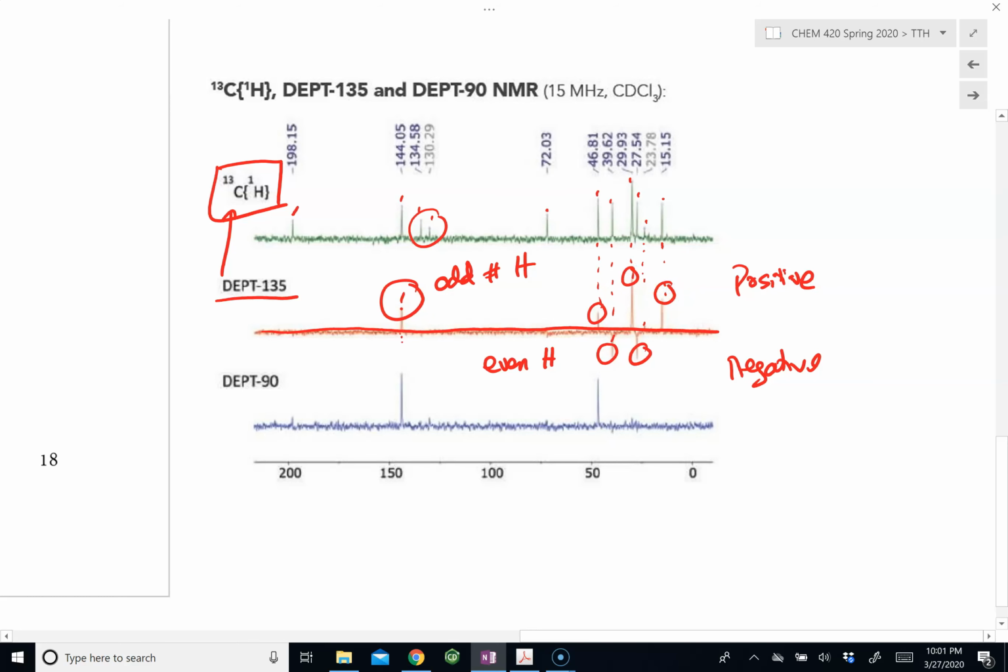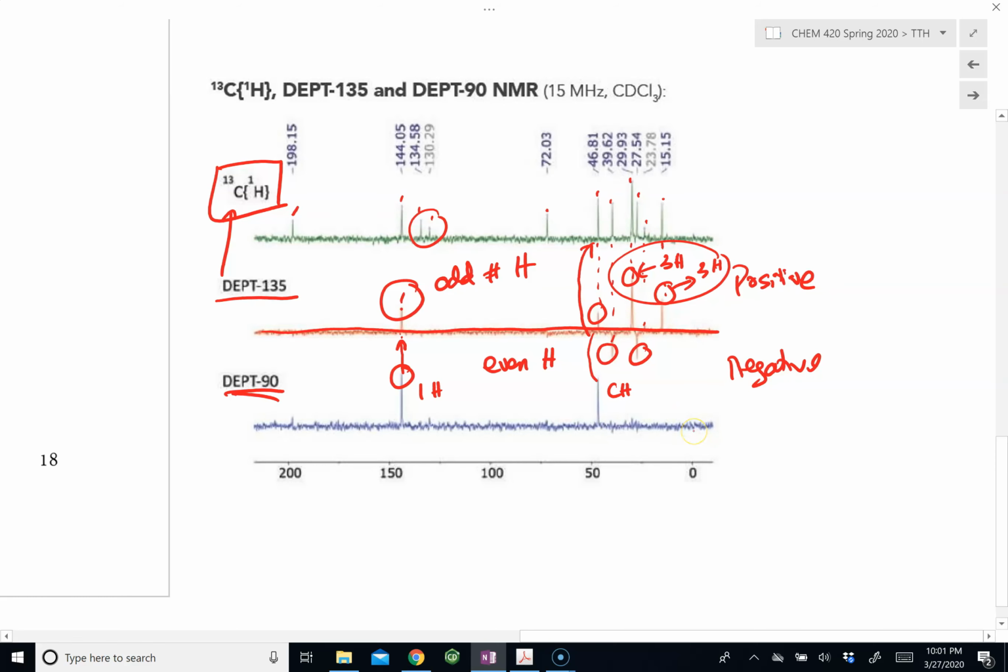This carbon here has an odd number of hydrogens. And furthermore, it is possible for us to figure out whether they have 1 hydrogen or 3 hydrogens. In this case, we know this signal right here has 1 hydrogen because it shows up on a DEPT 90. So if the signal shows up on a DEPT 90, that means it has only 1 hydrogen on it. So therefore, we know this carbon has 1 hydrogen, and this carbon here, which corresponds to this carbon, has only 1 hydrogen on it. So that would imply that this carbon has 3 hydrogens, and this one 3 hydrogens, because this signal right here does not show up